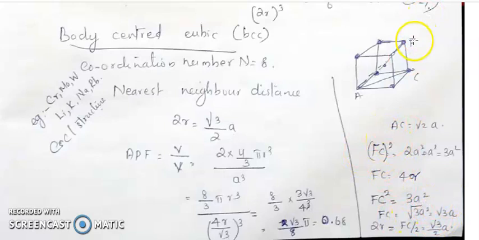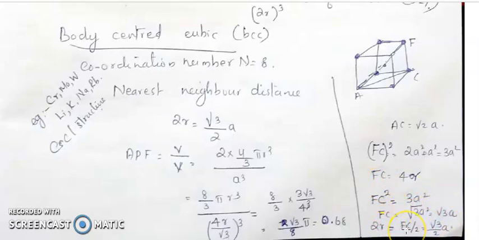So here this point should be changed. From the corners, the opposite corners are A and F. So we have to find out the distance AF, so AF square we have to find out. That will be AC and this FC will be perpendicular, and the hypotenuse of that triangle, instead of FC you have to write here as AC. So AC is equal to 4R. So AC square equal to 3A square. So AC is equal to root 3A. So AC is nothing but 4R.